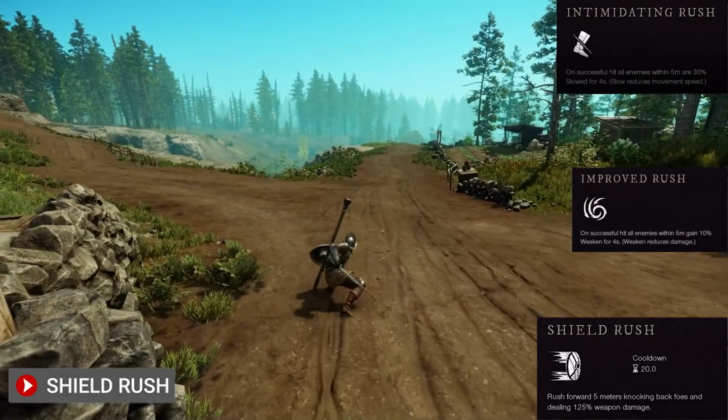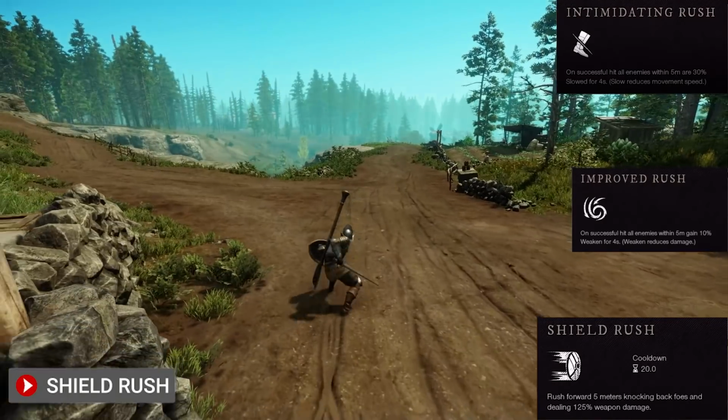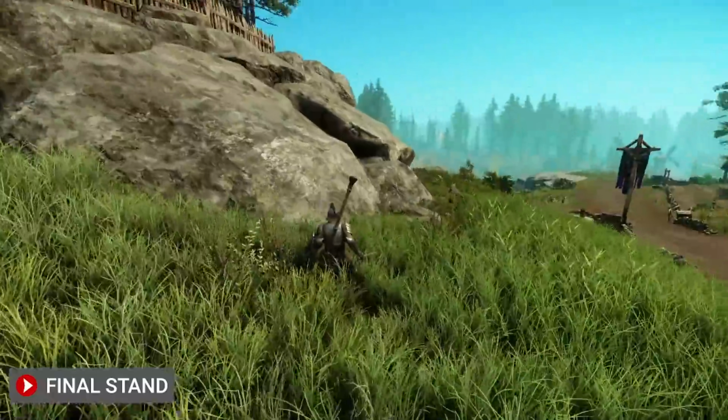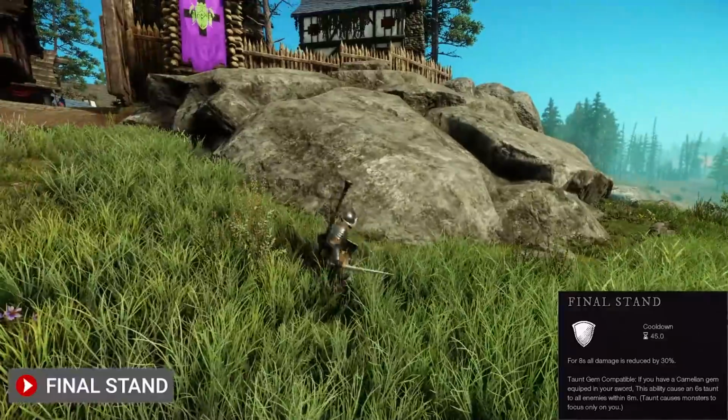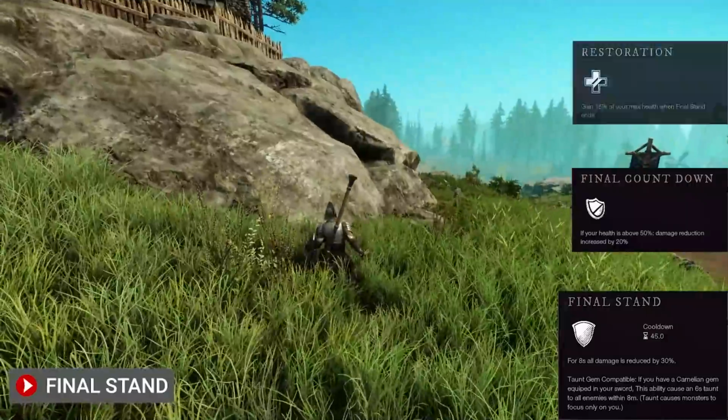The skill itself allows you to rush forward 5 meters, knocking back foes and dealing 125% weapon damage. Last skill, which is also one of my favorites, is known as Final Stand. For 8 seconds, reduce all incoming damage by 30%, with the first passive called Final Countdown and the second is